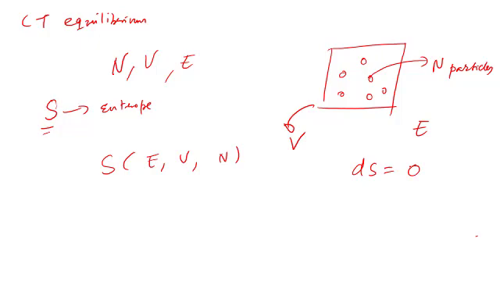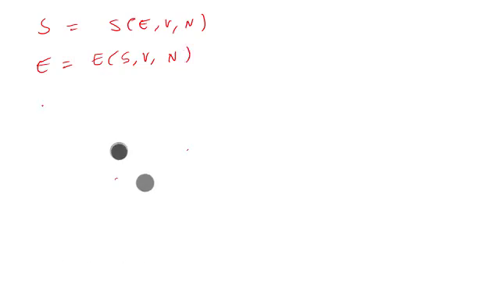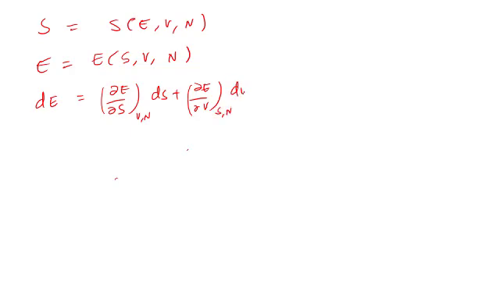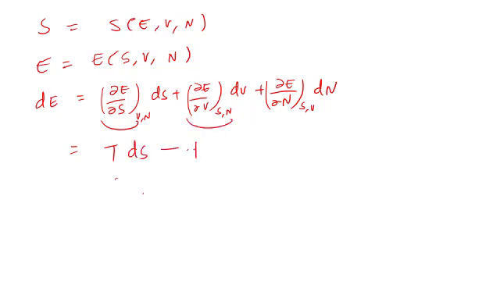So entropy is a function of E, V, N. We can also write energy as a function of entropy, volume, and number. Or I can write a little change in energy, dE, as ∂E/∂S at constant volume and number, dS, plus ∂E/∂V at constant entropy and number, dV, plus ∂E/∂N at constant entropy and volume, dN, right? So this would be the temperature, dS, this would be the negative of pressure, dV, and this, for a metal or for a semiconductor, is essentially the Fermi level, or here we're going to talk about it as chemical